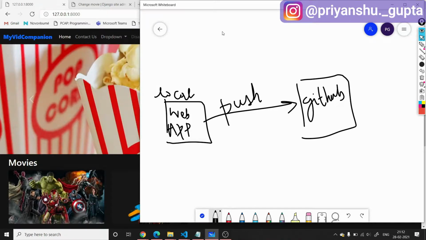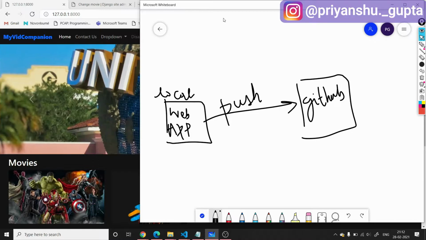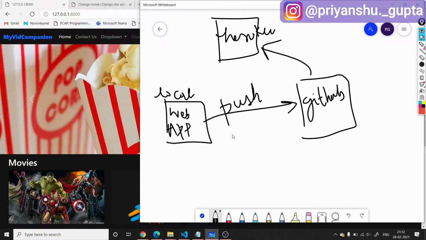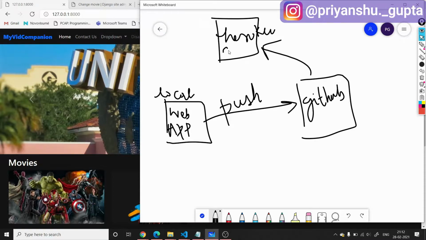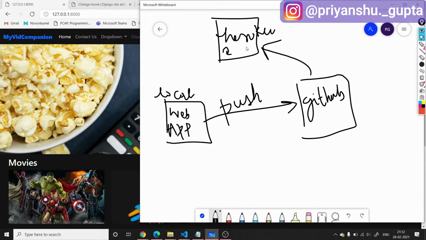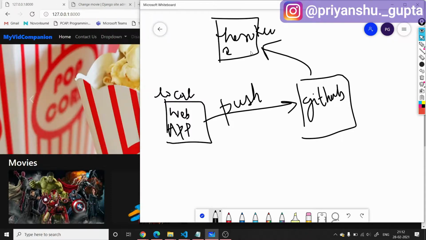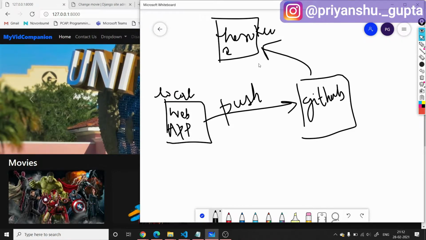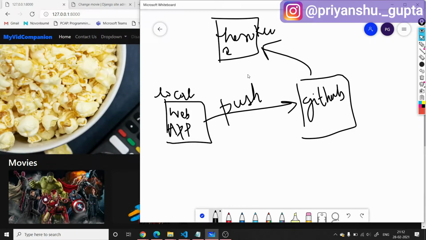And then we will link this GitHub repository to our Heroku platform, to our Heroku server, so that Heroku can take all the files from GitHub. The first step will be to add a GitHub repo to the Heroku platform. Whenever we create a new project, it will ask us to deploy our web application using either of two ways. So we will choose the GitHub method, and then we will add the GitHub repository and the branch for that. And once we have added this, it will deploy our application.